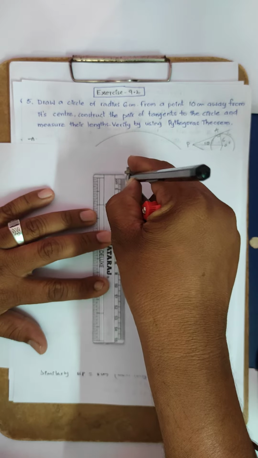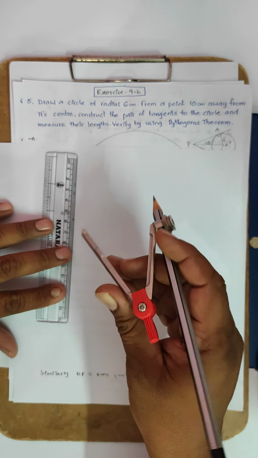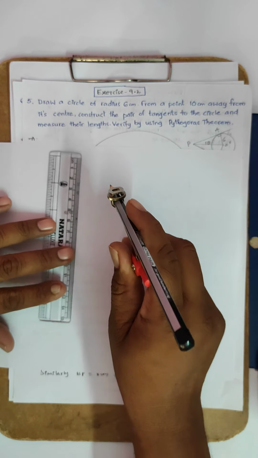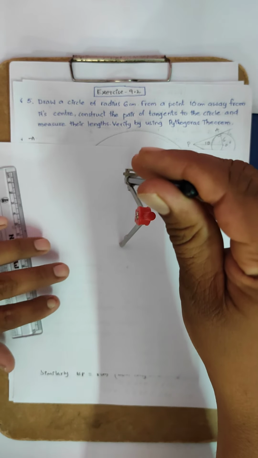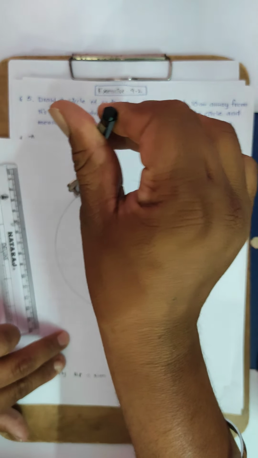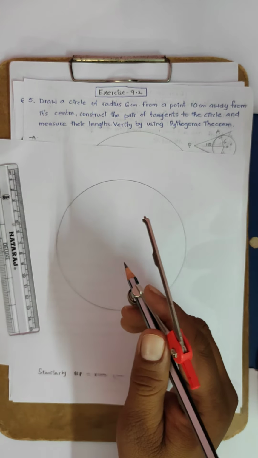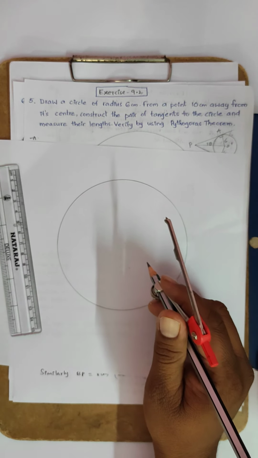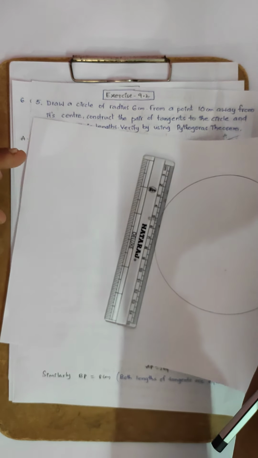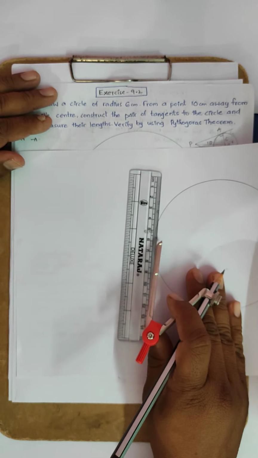I took 6 centimeter, located a dot, that is a point, and drew a circle. This is a circle with a radius of 6 centimeter. Now, one point 10 centimeter away. Then how can we know